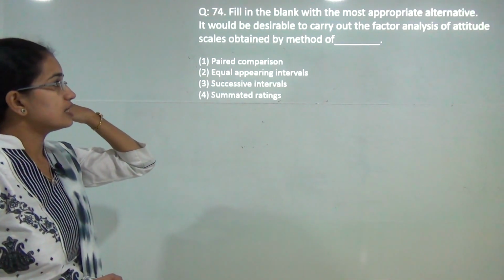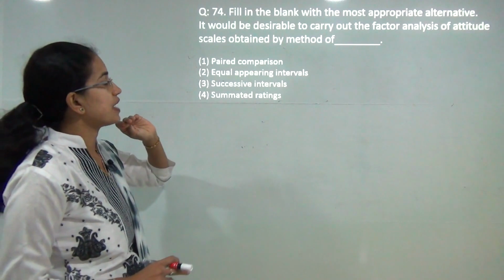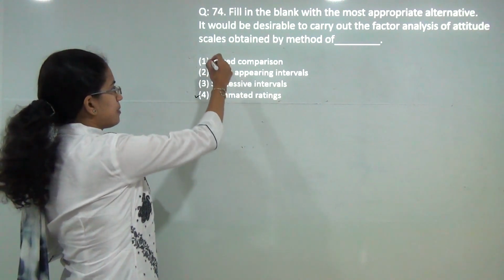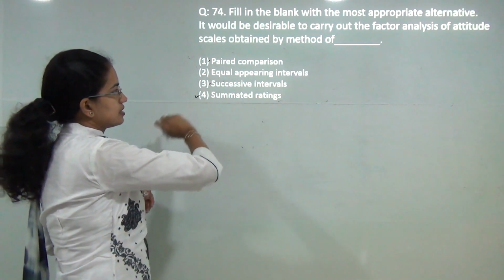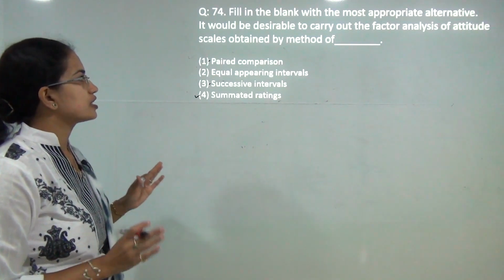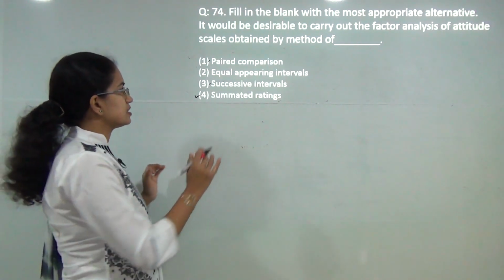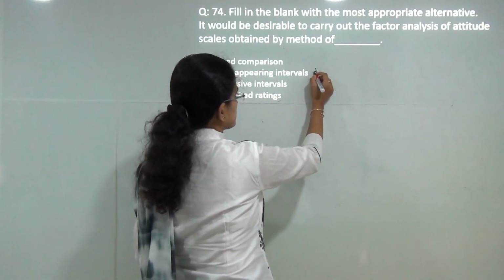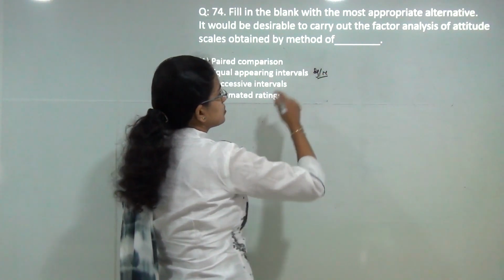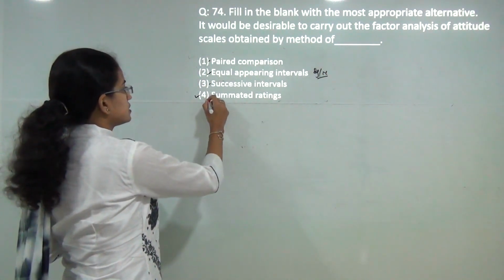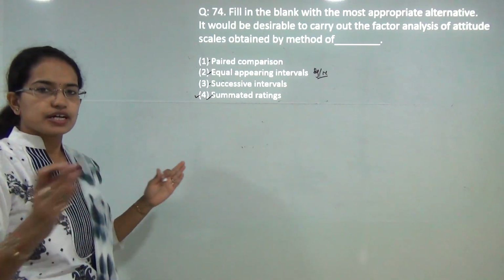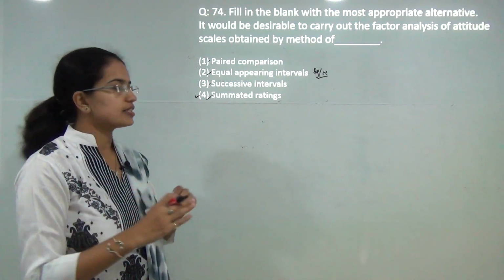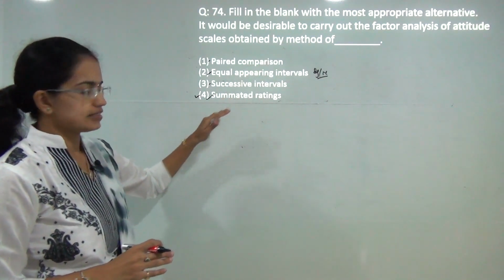Next, this is a question that talks about factor analysis use, and the correct answer here would be the summated rating, because paired comparison and successive intervals are rank order, where you do not technically use factor analysis, the traditional concepts do not use it, and equal appearing is a kind of dichotomous scale which gives an answer either in yes or no. So there is no continuum that is maintained. However, in summated rating, the Likert method, you have a continuum that is maintained, and when the items are 5, 6 or more, it is easier to understand the continuity, and therefore we use factor analysis in summated ratings.